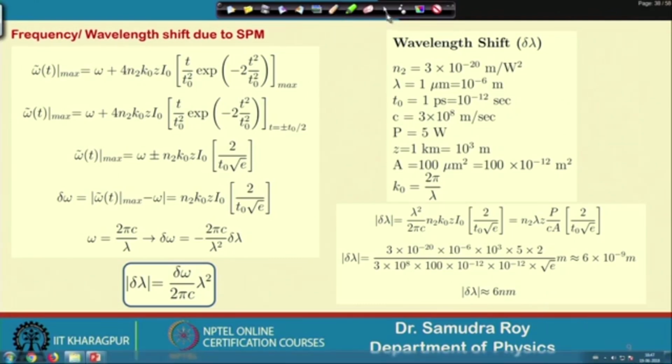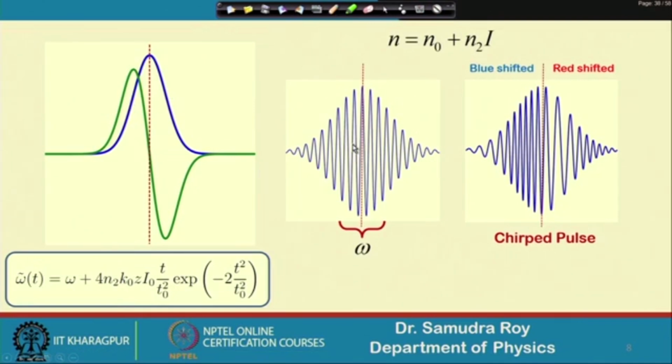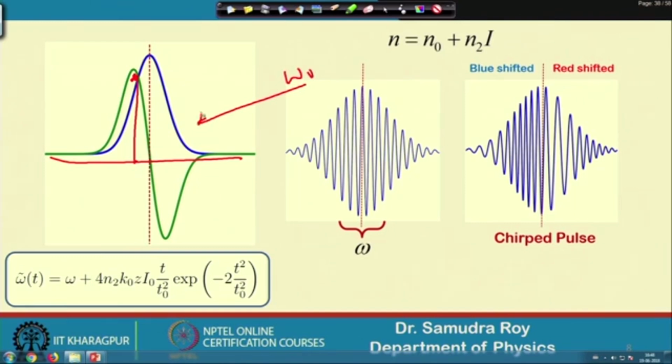So, if I go back to this figure, then I say that here the frequency is going to be changed. So, here what happened is that I change the frequency. We have a frequency here, omega. On top of that we have a modulation. So, some portion of the frequency will be added, some portion of the frequency will be subtracted. You can see that this is a gradual change altogether. So, there should be some value for which we have the maximum change of frequency, omega plus delta omega,